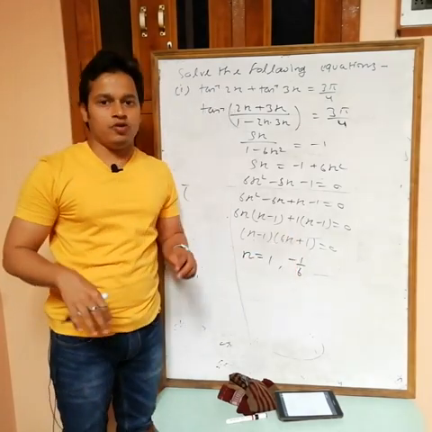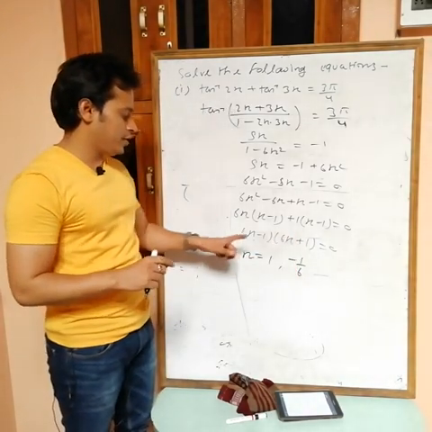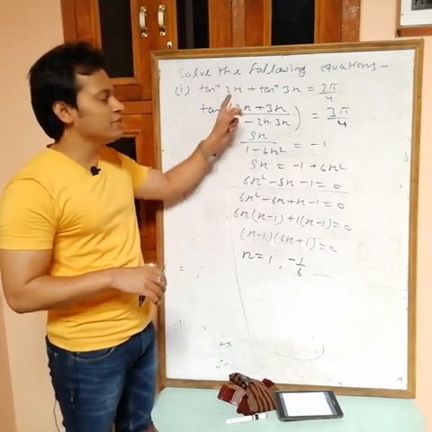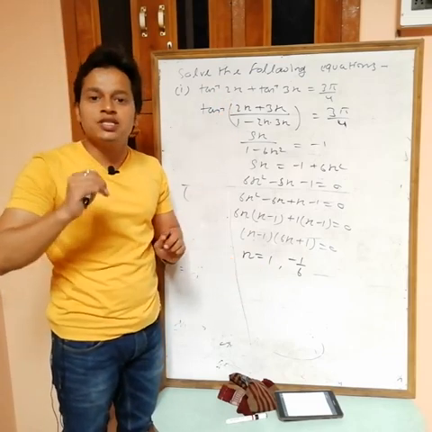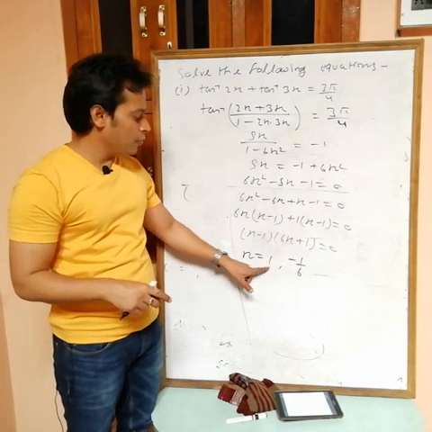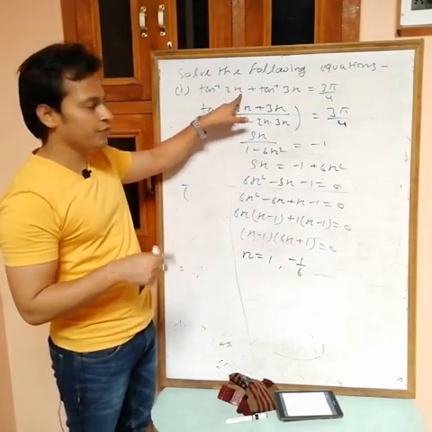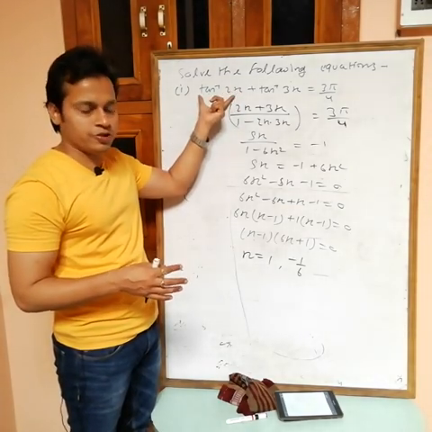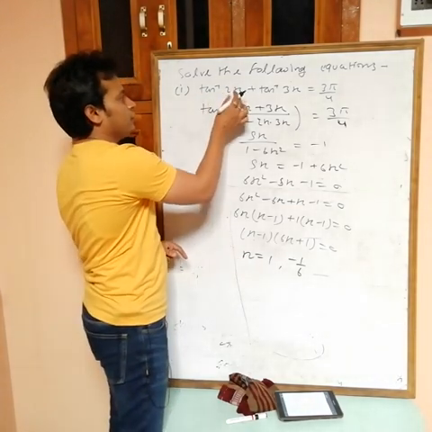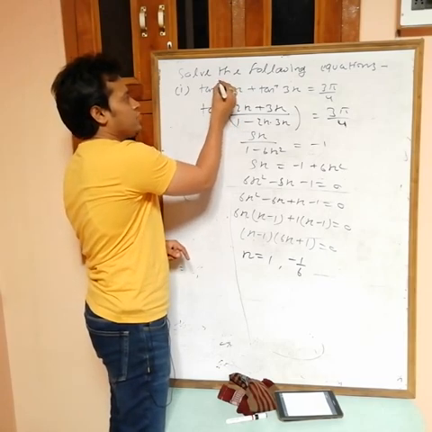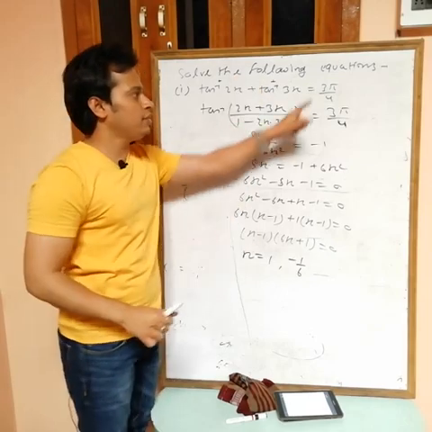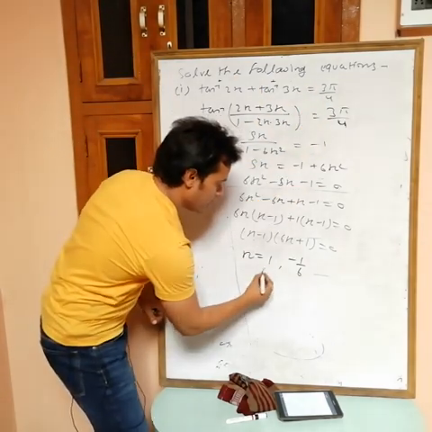Now decide: can I take both values? If I take 1, then tan inverse of 2, I can't find exactly. Okay, no problem, just take the sign. If you put 1, then 2 into 1 is 2, positive. If x is positive, then tan inverse is also positive. So for 1, this one is positive, this one is positive, so tan inverse is also positive, and 3 pi by 4 is also positive, so I can take 1.